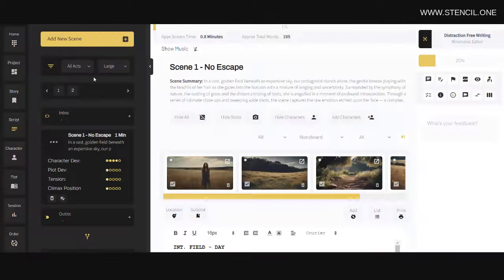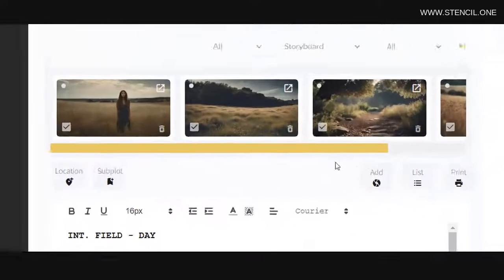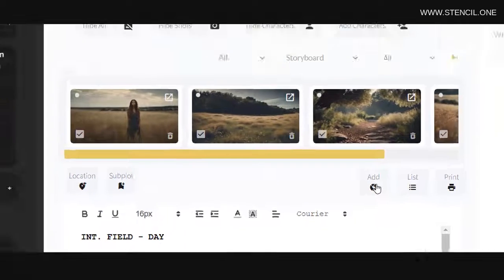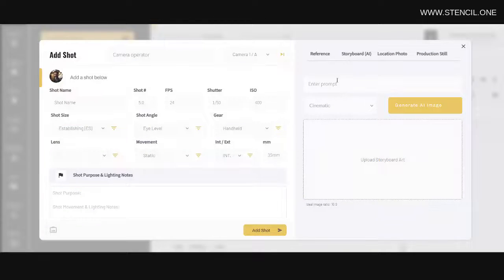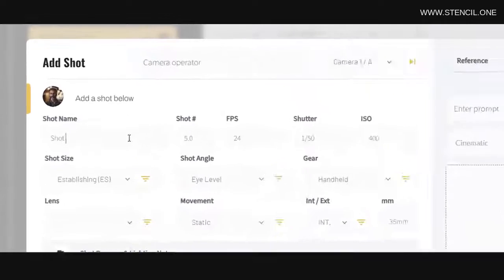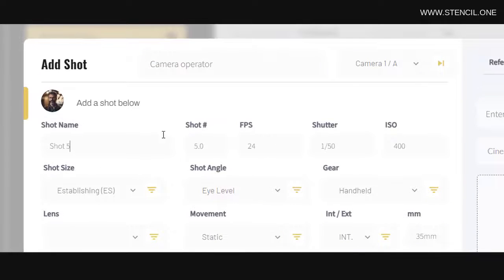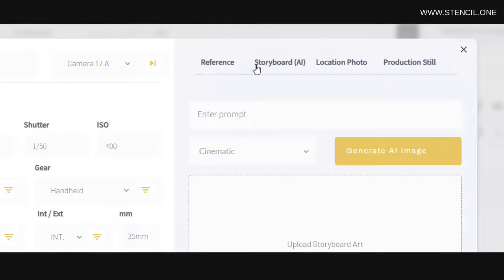If you don't already have a scene added, add one by clicking on this button here. Now, click on the scene that you want to add storyboard images to. From here, we can click on Add. This will allow us to add shot list images to our scene, which we can then use later as storyboard images. When adding new shots, there are 4 types of images you can add: reference images, storyboard images, location photos,